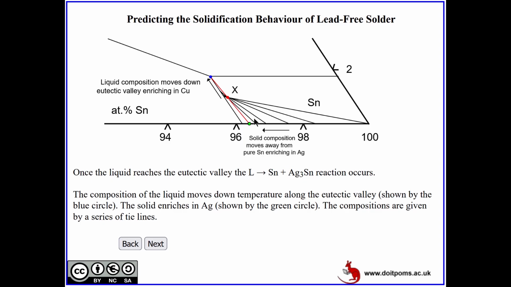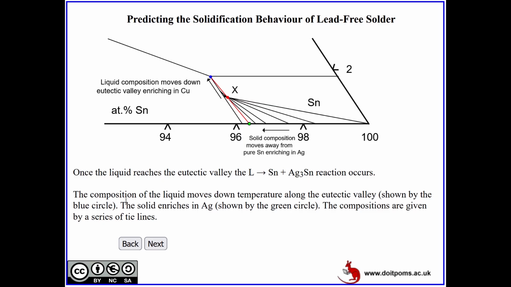What is this? The solid composition moving along this line is nothing but the eutectic reaction happening on the tin-silver side, and for each of these compositions, whatever eutectic product forms is the solid. So the average composition of both the eutectic solid phases, the eutectic product, is given by these dots. That's why the solid composition is moving like this, and the liquid composition moves down the eutectic valley, enriching in copper. Whatever solid forms is going to be rich in tin and silver only. So the liquid gets enriched in copper, eventually traveling along this eutectic valley, moving to the eutectic composition.